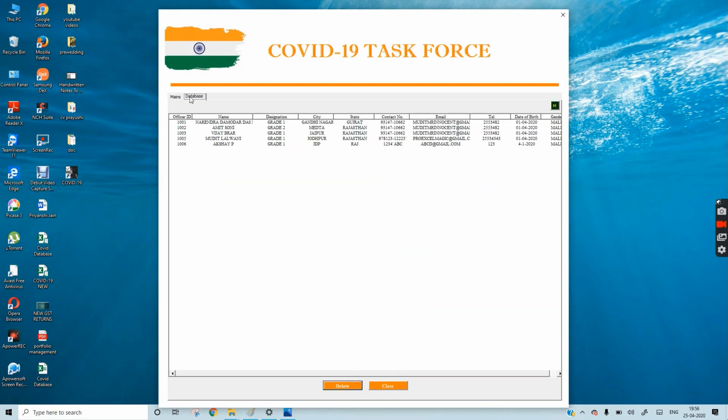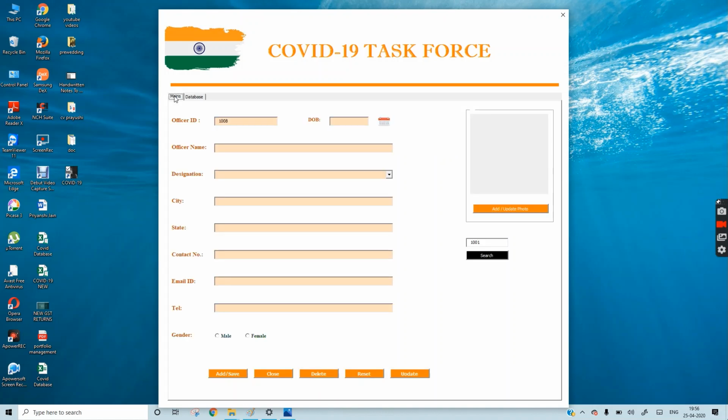The base of this application is Excel only, but the beauty of VBA is that you will not see anything in the background. It will be hidden only. So this will be very useful for an employee related database, insurance or anything in your office. I will show you from start till end, so even if you don't know anything about this, you will still be able to make it. So let's see.